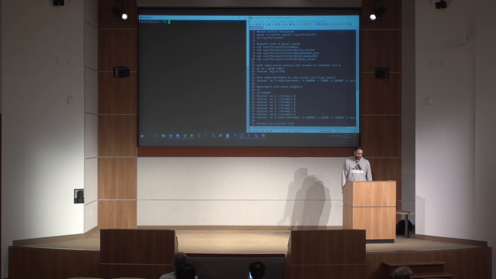So to get access to be able to configure Intel RDT, you'll mount the virtual file system, resctrl. All right, so if we cd into that,